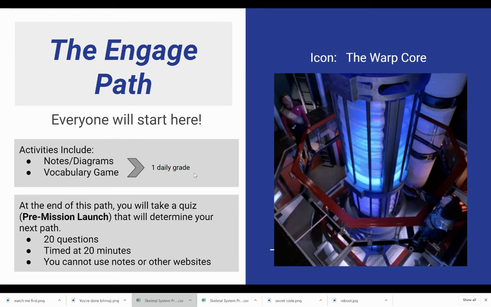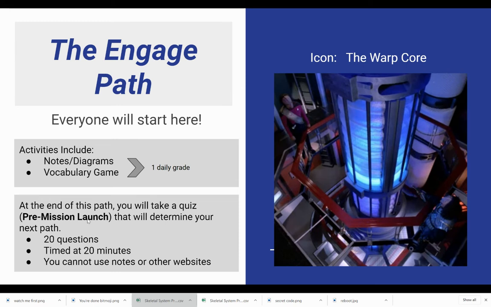Now, when you finish the notes and the vocab game, you will take a quiz. It's called the Pre-Mission Launch that I've written right here. And the results of that quiz will determine which path you'll be taking for the rest of the unit or the mission. It will be 20 questions. This one is timed,